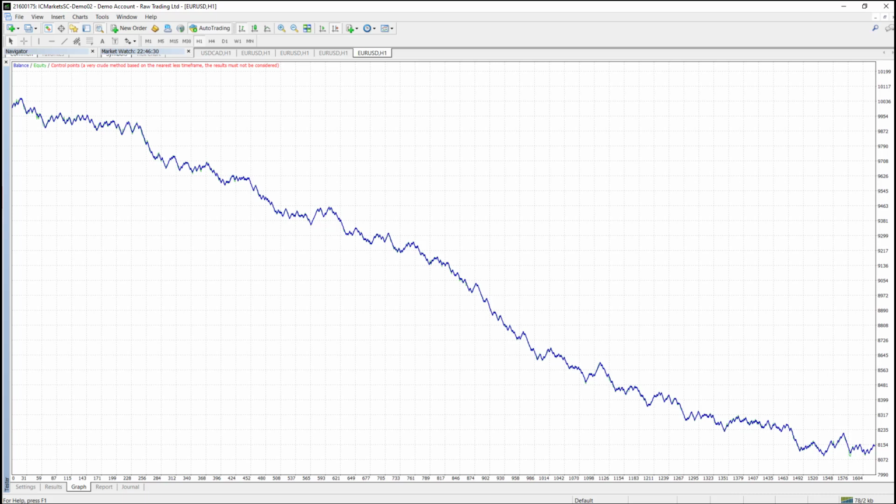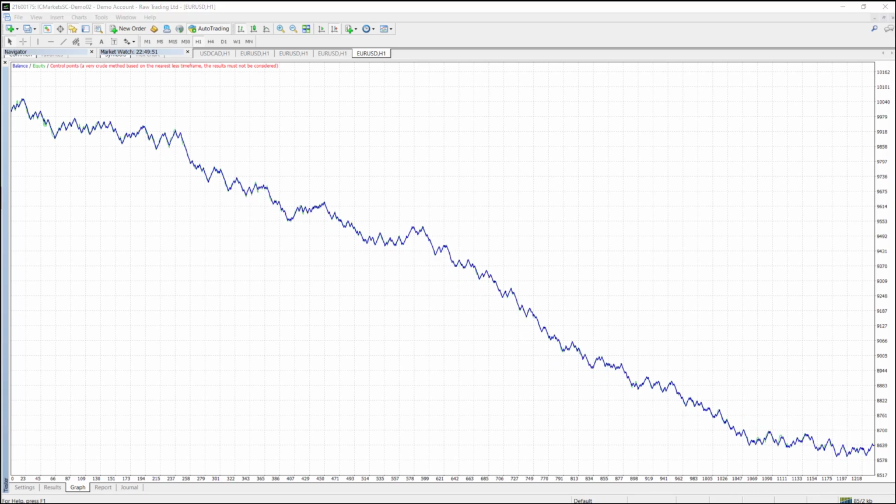Now this is the backtest of the EA, which has all of the previously mentioned signals in it. So it has Bollinger Band signals, moving average crossover signals, RSI signals, MACD signals, it has everything. And this is the same EA, but right now it's optimizing its parameters at runtime.